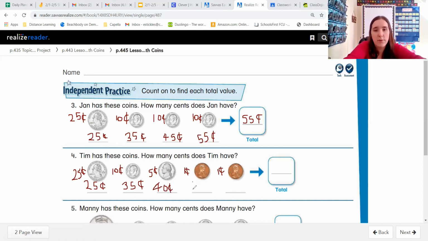Plus 1 more cent would be 41 cents. Plus 1 more would be 42 cents. So Tim has 42 cents in all. That is his total value of his coins. Okay, we're going to go ahead and go down to the bottom of the page and do number